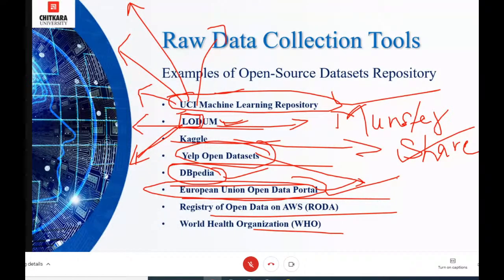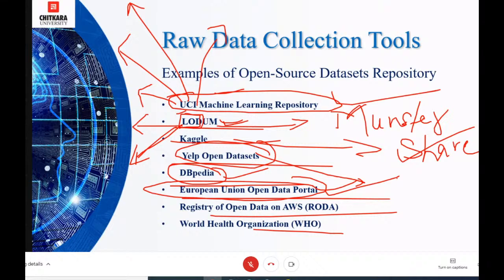So these are the famous data sources or data repositories from where you can find your relevant data for your project, for your task, or for your research work. The data set is already available. So if you consider a data set from these repositories, it means you are using secondary data sources. And what is the main benefit of secondary data sources? I tell you that you can compare it, because it is already available in these particular repositories.